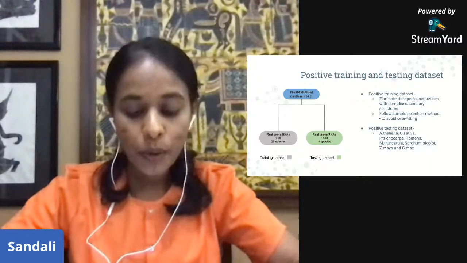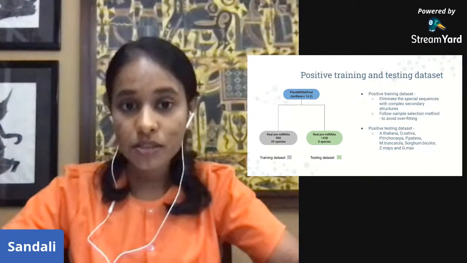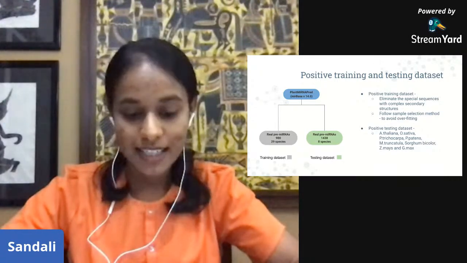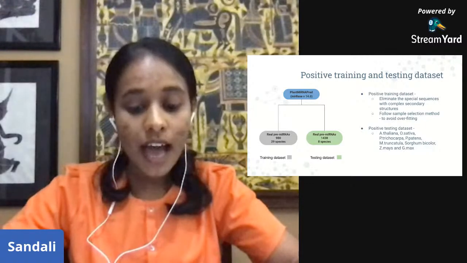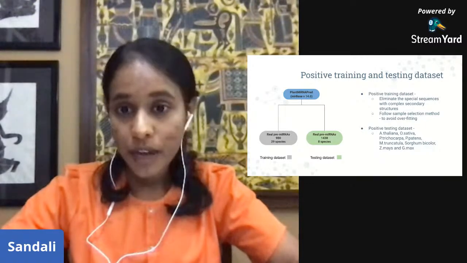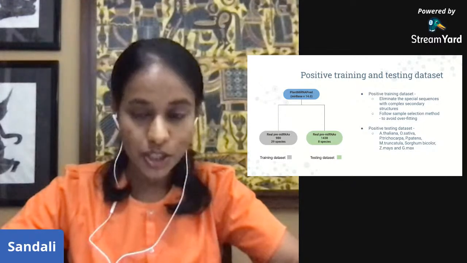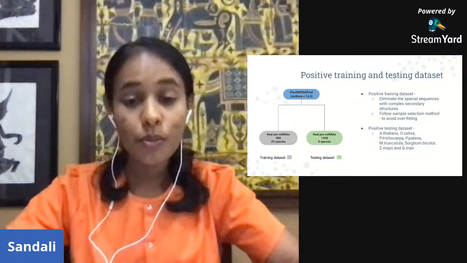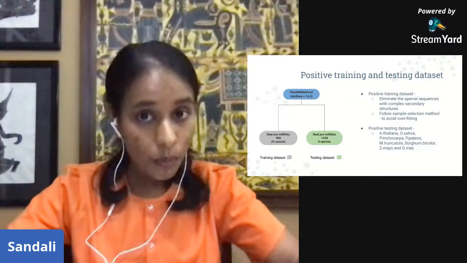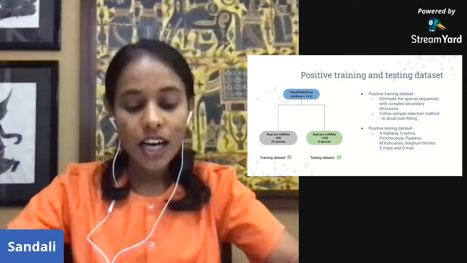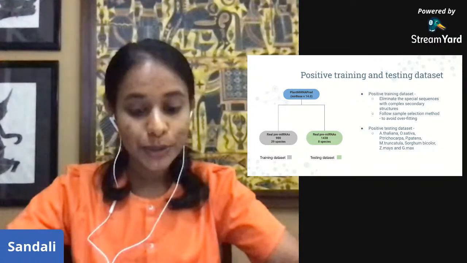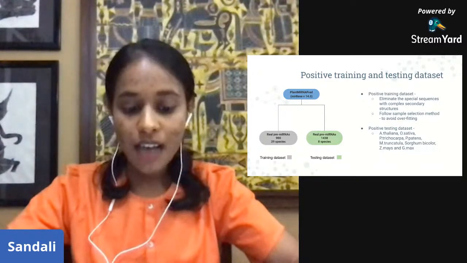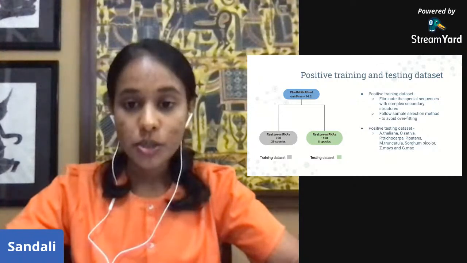also the important point is that the classification performance of a model is highly dependent on the selection of the training dataset. They have also noted that the real pre-microRNAs from the same species and the same microRNA families are highly similar to one another. Therefore, to avoid overfitting that may occur due to these redundant sequences, they have followed a sample selection method. So after that,